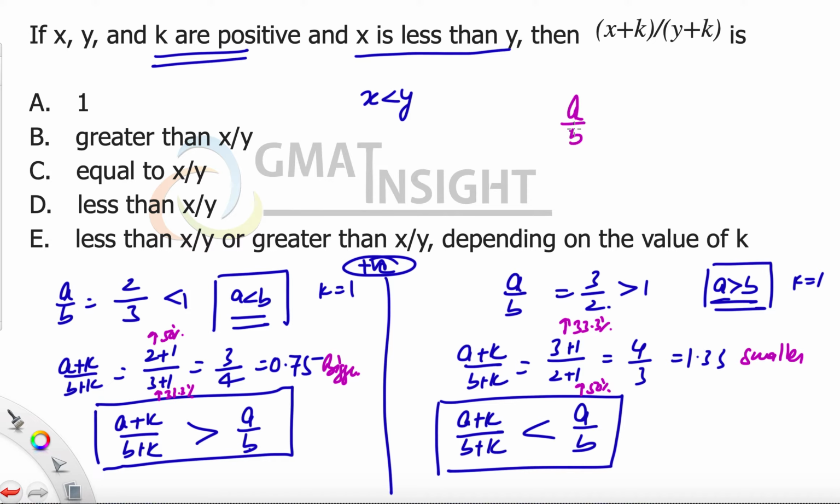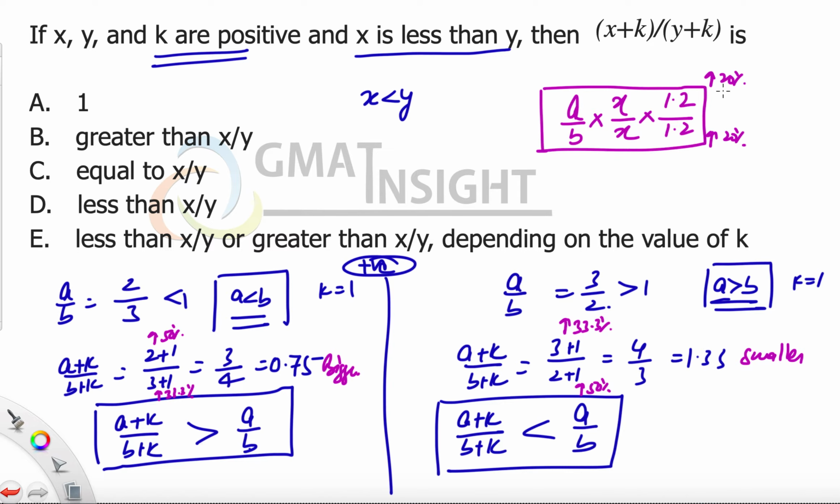Because you must understand that a upon b when multiplied by the same number in both numerator and denominator does not change. That means if you multiply by 1.2 in both numerator and denominator, that means you have increased both numerator and denominator by 20%, then the fraction remains the same. But if the numerator is increasing by a greater percentage than the denominator, then the fraction will have greater value if everything is positive. And likewise, when the numerator is decreasing by a greater percentage than the denominator, then the resultant will be smaller. Keeping those things in mind, now in this particular case, because x is less than y,